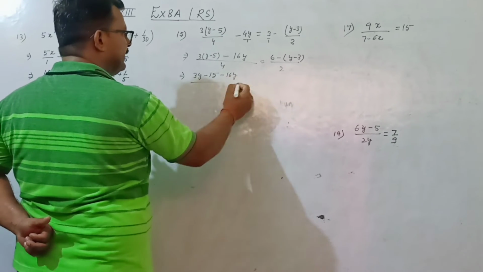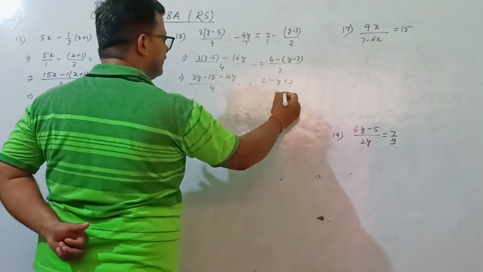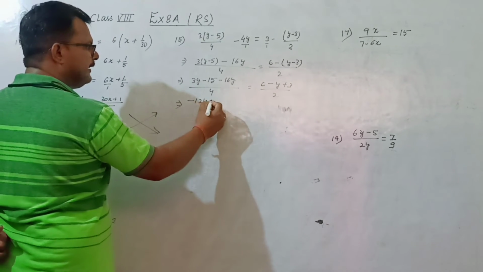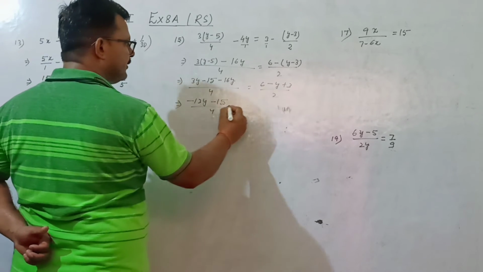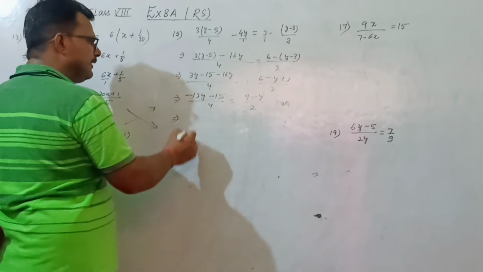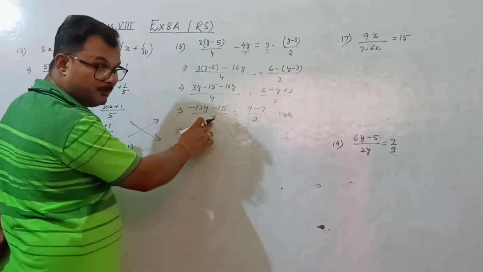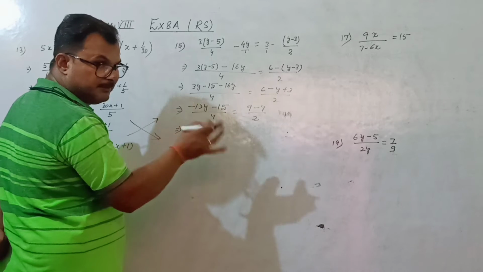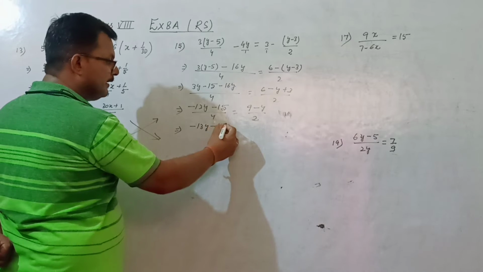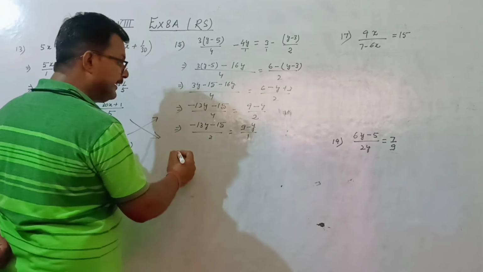16y, here 4. Next, 6 minus (y plus 3) upon 2. See here, 16 minus 3, 13y minus 15 upon 4. Here see, 9 minus y upon 2. You observe here, you have to do cross multiplication again. You can reduce also. Suppose here is 4, here is 2, both denominators are divisible by the same number, 2. You can write it in this way also. Here you can write 2, here you can write 1. Do not cancel it. You reduce directly and write here.